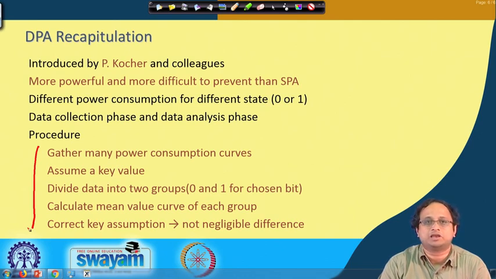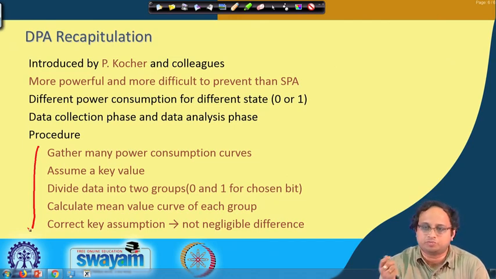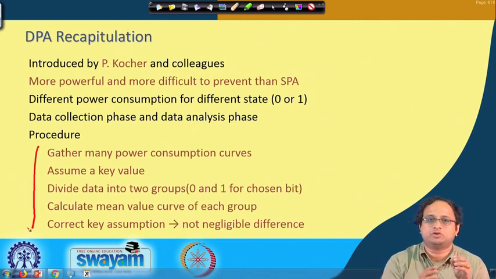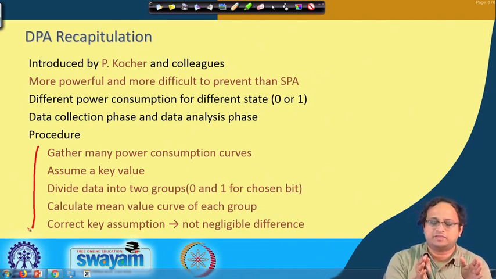We gathered many power consumption curves, as opposed to simple power attacks where we do few power observations. We assume a secret, which could be an n bit value in the case of block ciphers, or a single bit in the case of a stream cipher. In DPA also we do something like what we did for stream ciphers, that means we do the attack in an iterative fashion. We assume that we know the till i bits, and then we try to guess the i plus 1th bit. The guess is either 0 or 1, and we use this DPA distinguisher to understand whether my guess is correct or not.